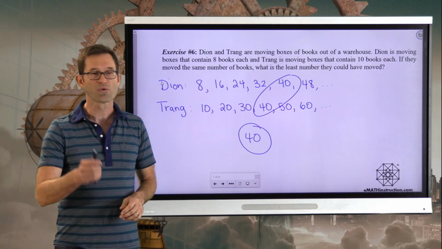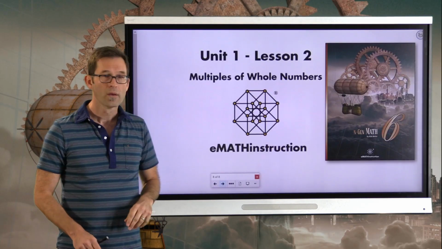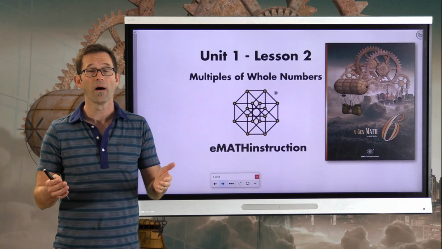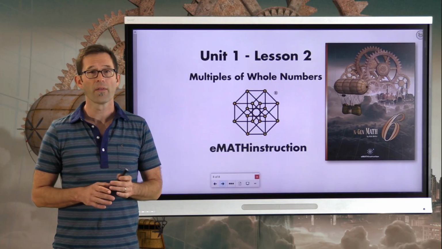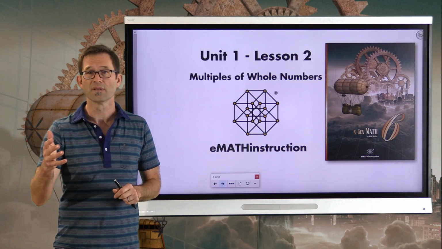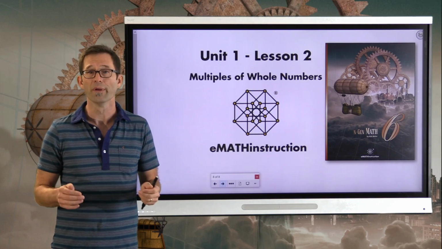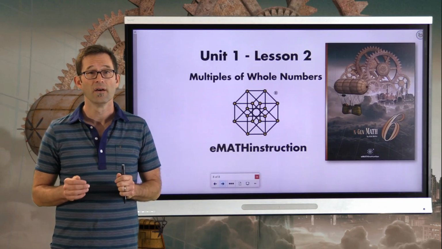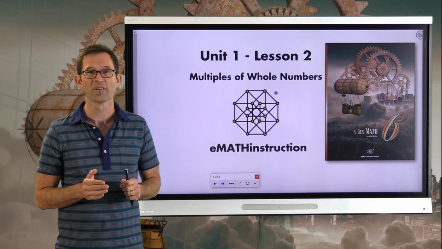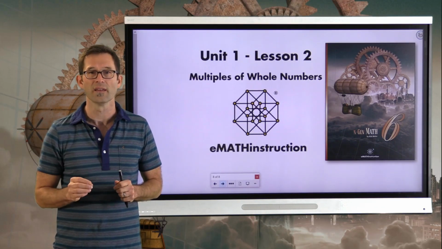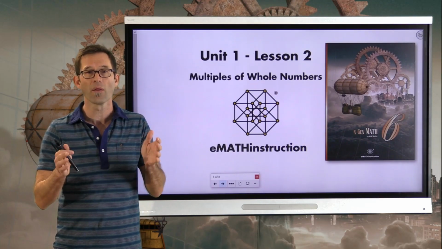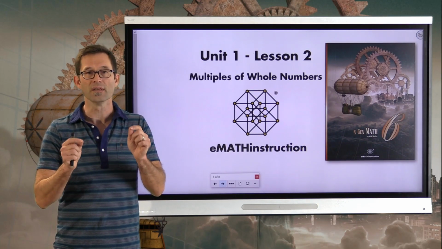All right, let's wrap this up. So today we saw two important ideas. The idea of a multiple, right? And all that is, hey, is 17 a multiple of 3? Well, no, because no whole number times 3 gives us 17. On the other hand, 18 certainly is, because 6 times 3 is 18. Then we also saw the idea of common multiples and the smallest common multiple, known as the least common multiple,